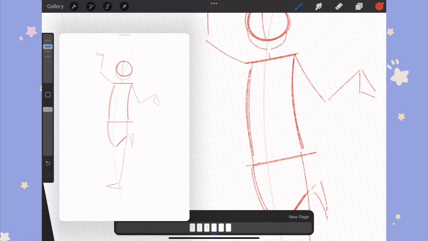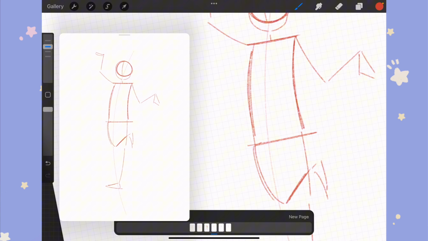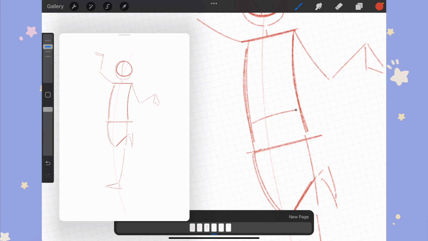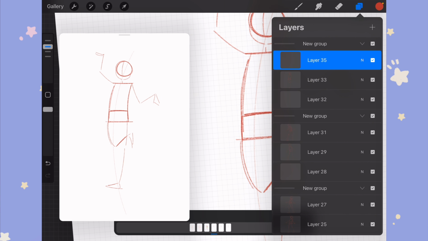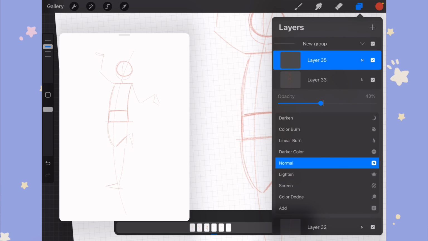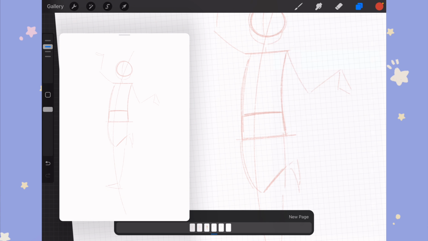Okay, let's highlight the crotch area. I meant to say crotch, not hip. Yeah, this is a hip area as well, but for tutorial's sake, I'm going to call this the crotch area. I want to correct myself because earlier I said this is the hip area. It is technically still a hip area, but like I said, for tutorial's sake, we're going to call it the crotch area, because when we refine it even more as anatomy,